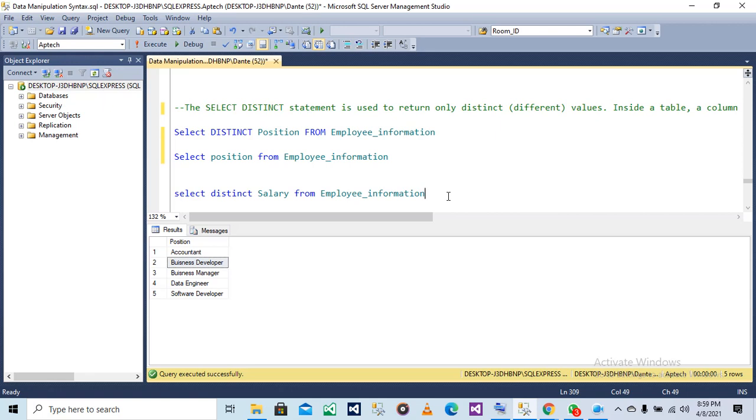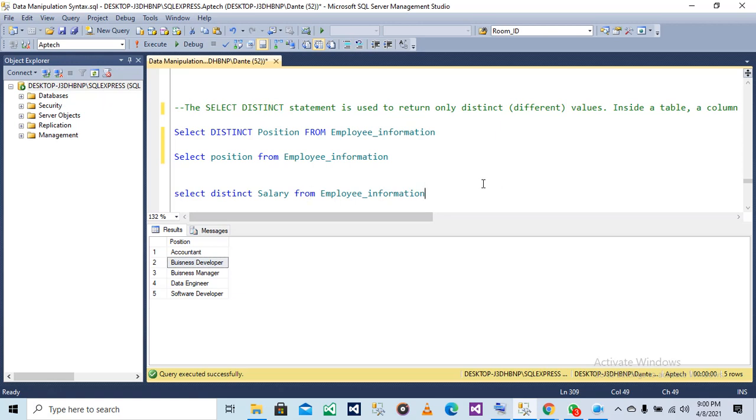They just want to know the brands of cars they have, so they can just write select distinct brand from the car brands table they used to store their car information, and it just brings out only the brands of car, not everybody with their type of cars they are using. It just brings out the brands, so they will know that okay, in this company we are dealing with Honda, we are dealing with Toyota and the rest. So that's when we apply the distinct